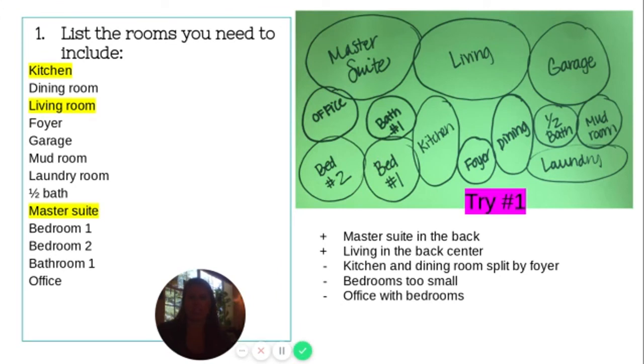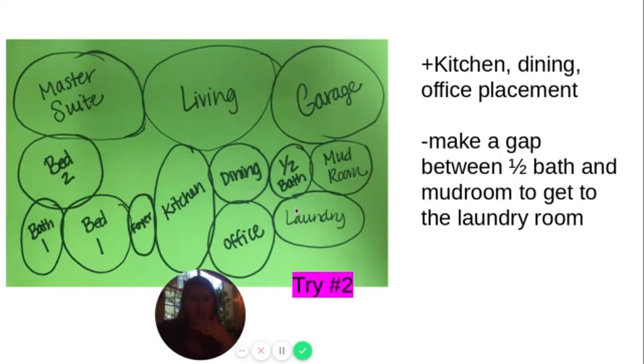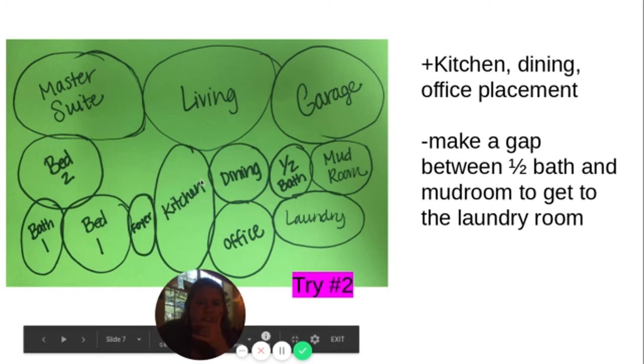I don't remember where I changed it to. I guess we'll see in the next slide. It's been a while since I made this example. But just see how I put positives and negatives about it. Okay, so then I made my foyer skinnier, where the kitchen is right off the foyer,